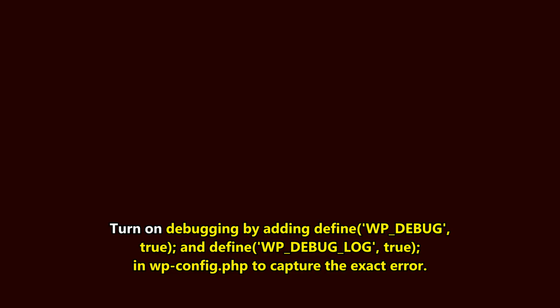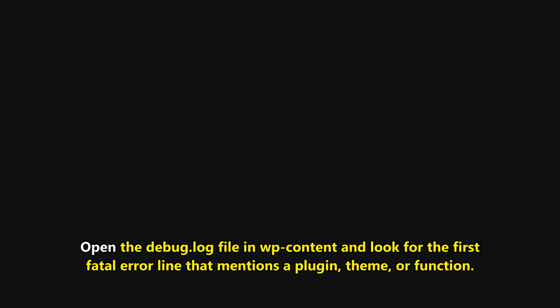Turn on debugging by adding define('WP_DEBUG', true) and define('WP_DEBUG_LOG', true) in wp-config.php to capture the exact error. Open the debug log file in WP Content and look for the first fatal error line that mentions a plugin,